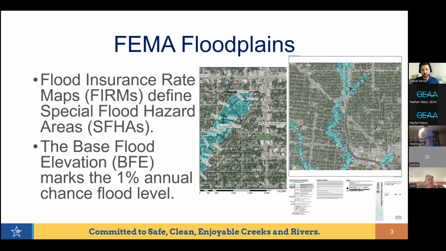Most of the time, they are the 1% chance of flooding in any given year, or what we call the 100-year floodplain. So this blue area in these images is considered the 100-year floodplain. The maps also show something called the base flood elevation, which is an estimated height that floodwaters might reach during that type of storm. So knowing this BFE can help communities decide how to build homes or any other structures to reduce flood damage. And depending on the elevation of those homes, it can impact the insurance rates and local building